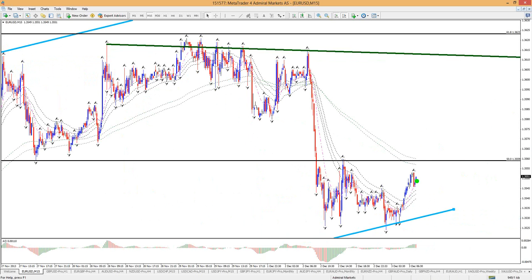But at the moment, you can see the moving averages are pointed down and price is going up on the 15. That just shows that basically price is not trending up. If anything, it's trending down at the moment, but price is moving up. What that means is that it's moving against the trend on the 15-minute. So that's why, in my opinion, it doesn't make sense to trade it either way.